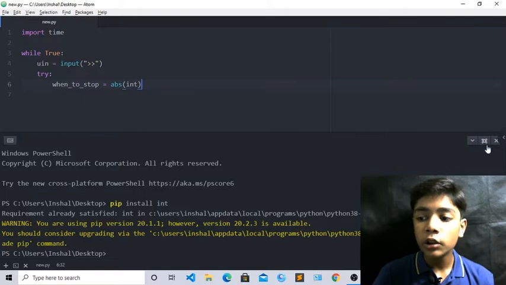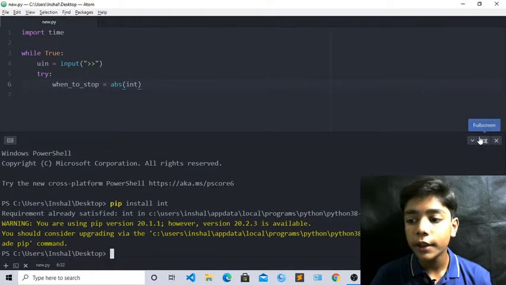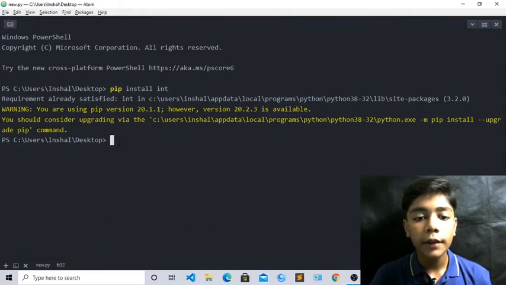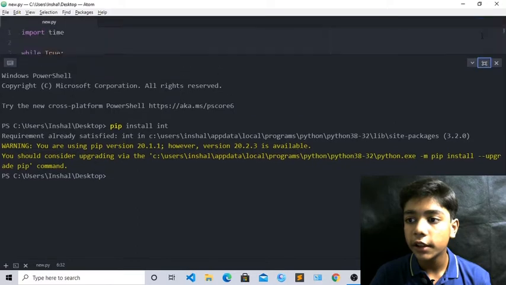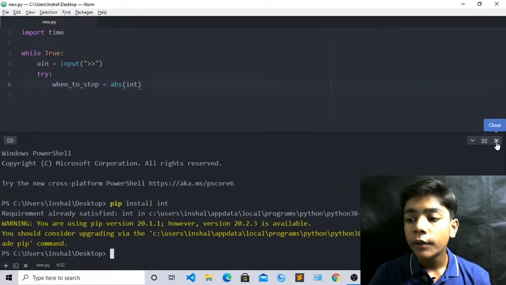Okay, you can also do full screen here. Okay, in your text editor, so from there you can do your work correctly. Okay, from here you can do full screen and exit full screen. Here you can see this, I am doing it. Okay, so now exit it. Now we will close this.